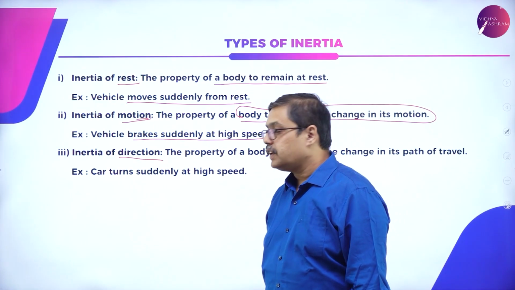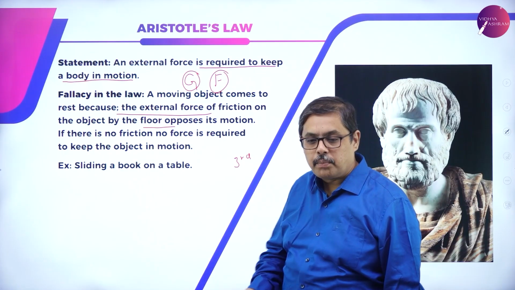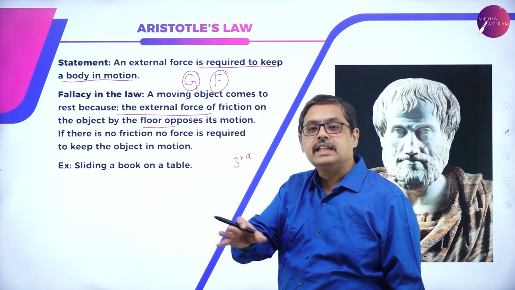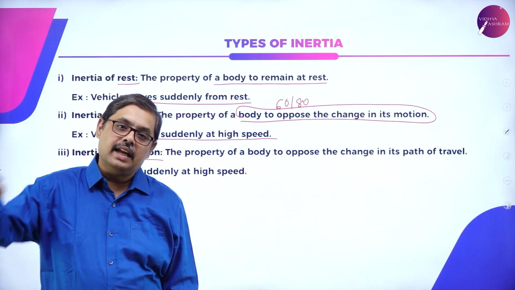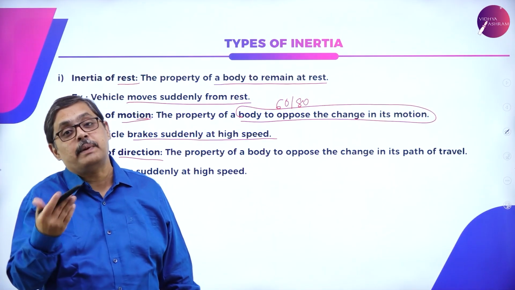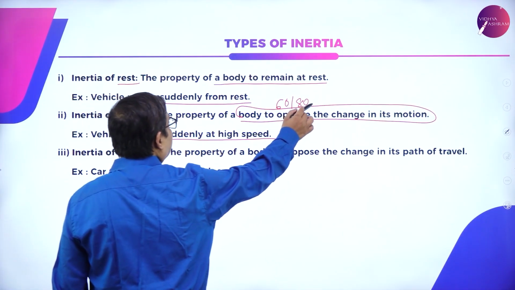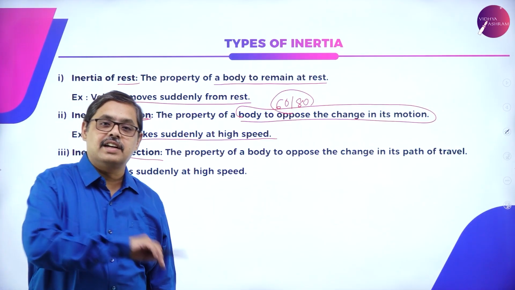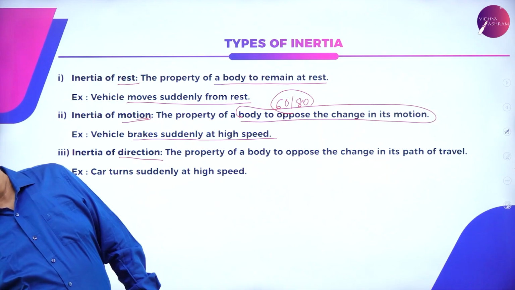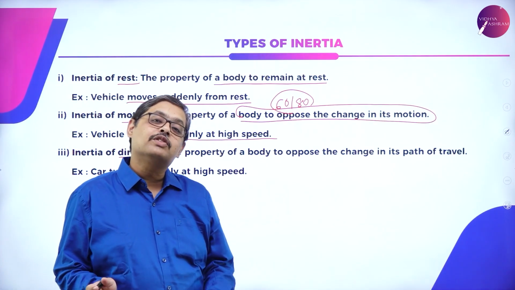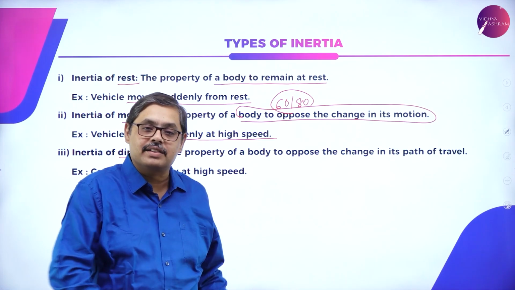Now the third type of inertia. If you roll a ball, the friction opposes the movement of the ball between the ball and the floor. Suddenly the car makes a turn either leftwards or rightwards at high speed. At that 60 or 80 km per hour itself, it turns the car. What will happen? If the car is turned to the left, my body will swivel to the right. If the car is turned to the right, my body will swivel to the left. It wanted to stay in the same position, same direction.